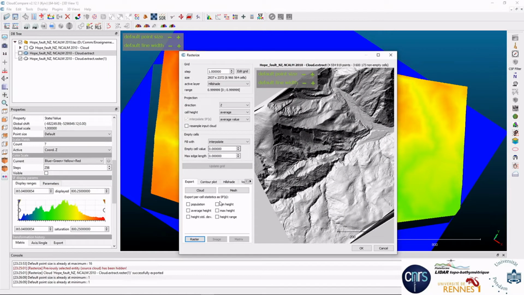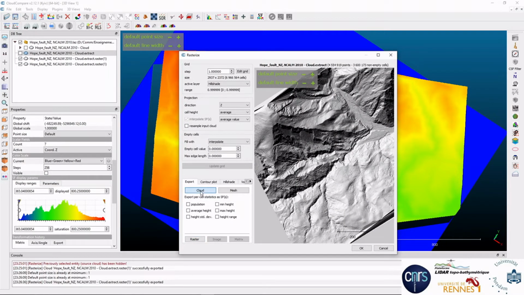What's interesting, you can go back here, and if you regenerate the point cloud, if I'm not mistaken, you should have the hillshade as a scalar field, which is very interesting. You can also generate a contour plot, and there is a final option that tells you the volume of material above 0. It also tells you that only roughly 50% of cells had data. So generating a 1 meter DEM in this context could be a bit tricky. That's it.